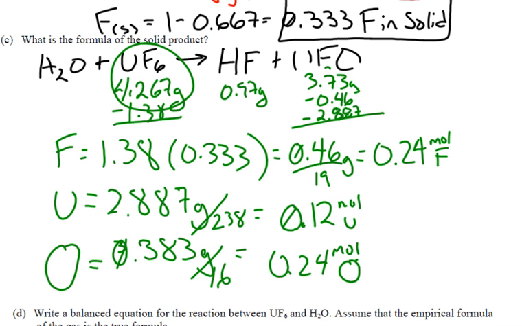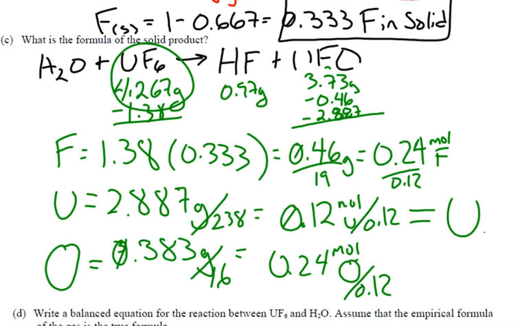Divide by the smallest, 0.12 is the smallest. This one's easy. Uranium is 1, fluorine 2, oxygen 2. So our final empirical formula is